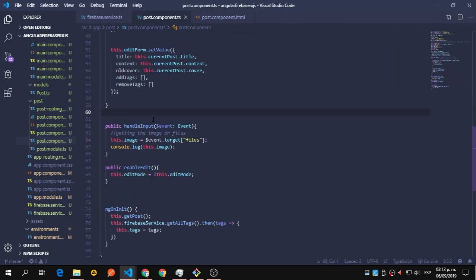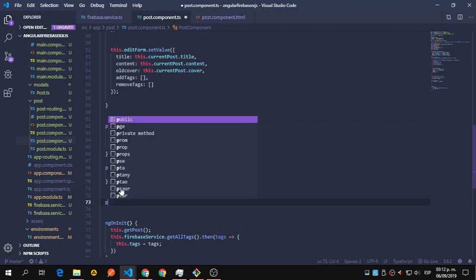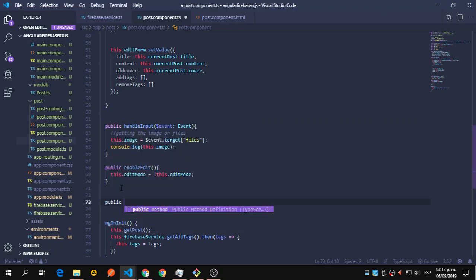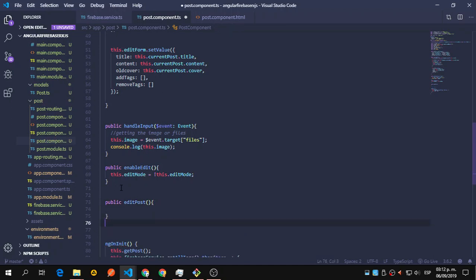So let's say we are here, and let's go below here and say public edit post, that is the function that we are still missing, and public delete post, that is the function that we're going to create right now. So we can have the edit later,